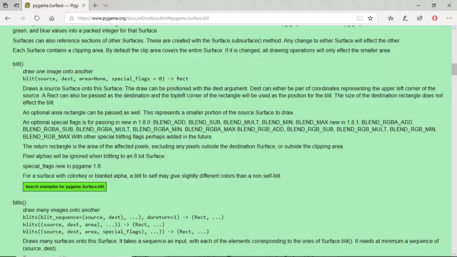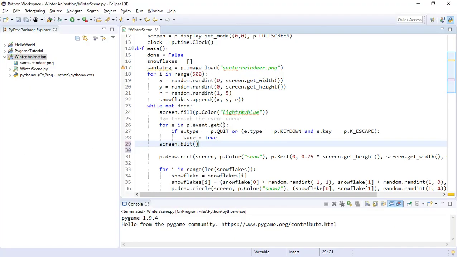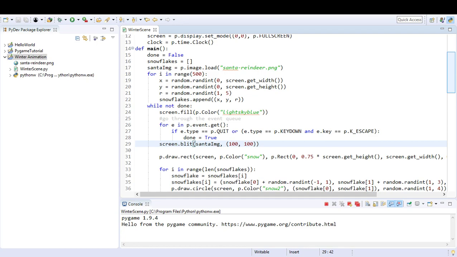Okay, so what that means is now we're going to blit the Santa image onto our screen. And here we can just put the coordinates. So I'm just going to start with basic coordinates to just make sure it shows up. So I'm going to put it at 100, 100, which should be slightly off the top left. And at that point, I can run my code and